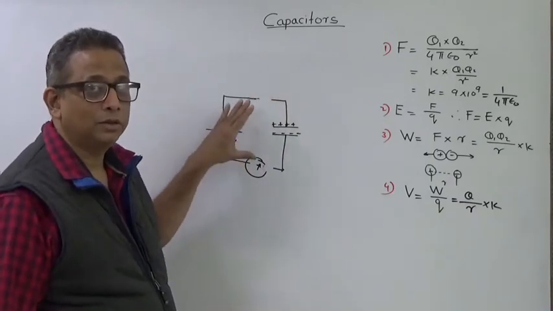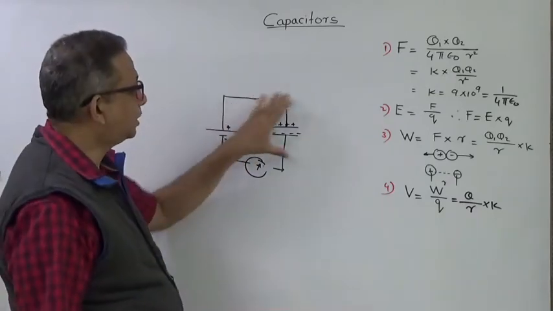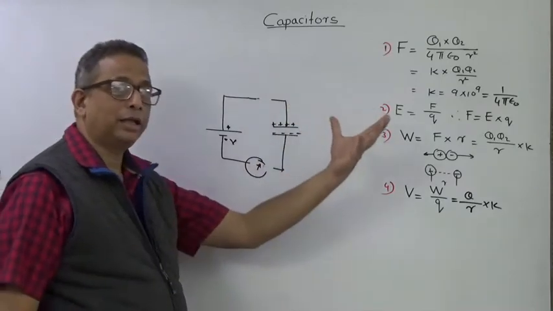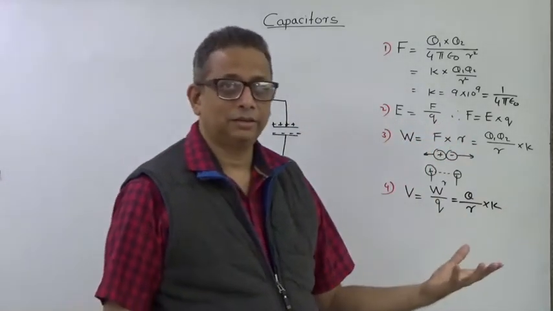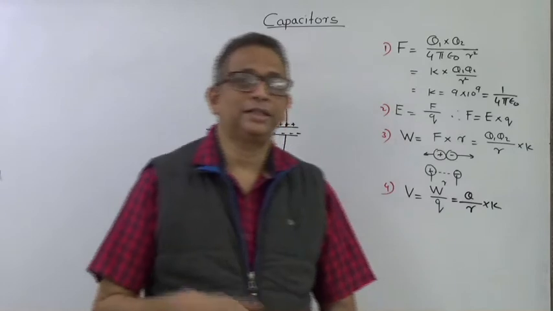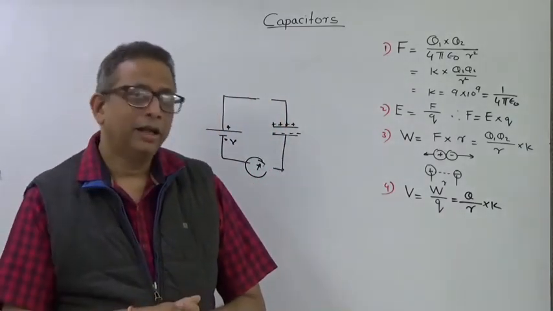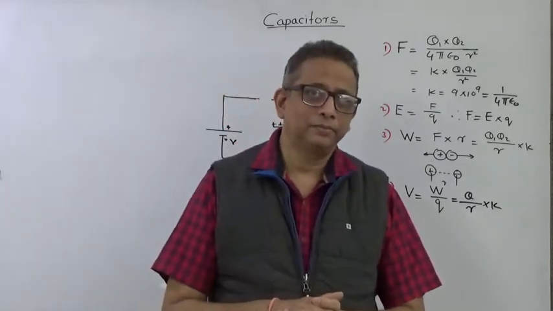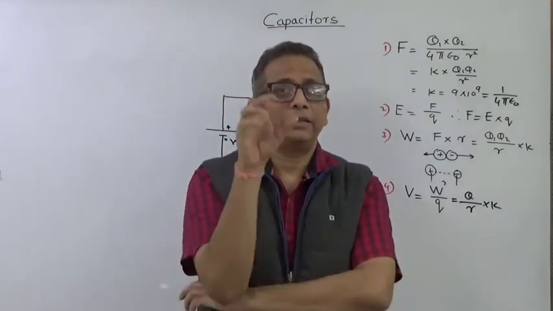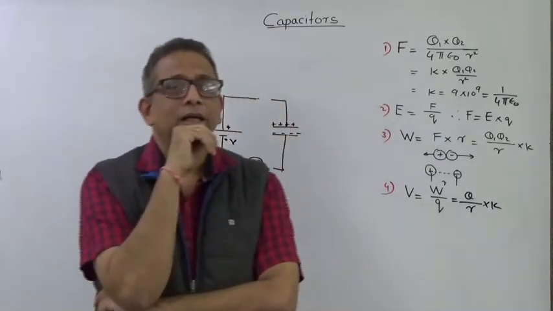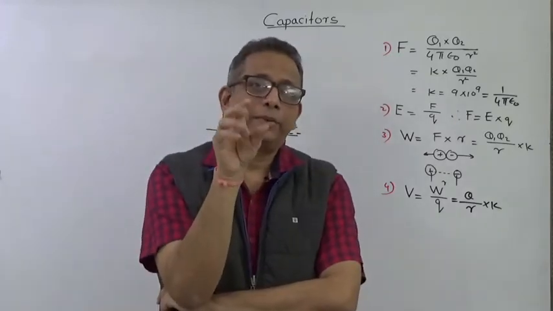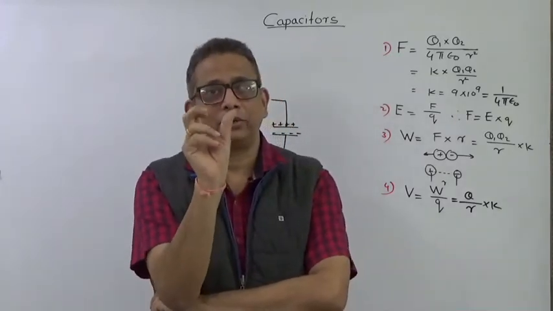What I showed you was charging, and later on when it is connected to a lamp, I explained to you what is discharging. So a capacitor is charged and then it is discharged. That is why you see a flash of light. In fact, if you have seen cameras, right? In cameras there is a flashlight. Okay, in that flashlight, what happens? There is a huge capacitor connected to that.